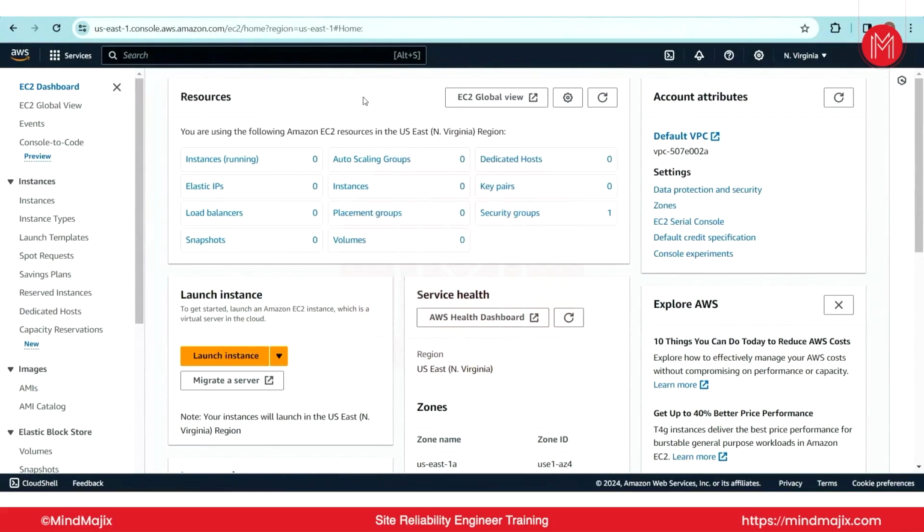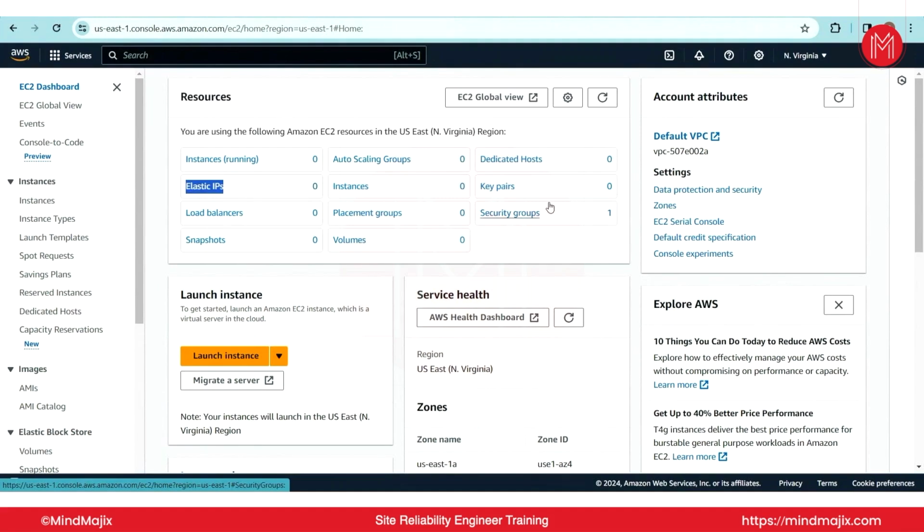But if the IP address is configured in some server or some application, that means you are getting a new IP address, and the linked IP address and the new IP address don't match, and the application will face reliability issues. So in that case, they will take an elastic IP. That means you are taking a static IP. That means the IP will be fixed, and you won't be able to change it. Even if a new instance comes up in that place, the IP will be the same, and the configured IP number will be the same, and your application will still be up. So this is one of the main advantages of the elastic IP.